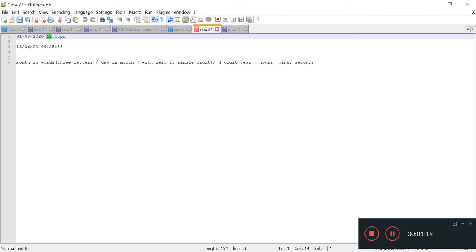The second format is 13, which is the day, /06 which is the month, and 20 which is the year, 09 is the hours, 25 is the minute, and 55 is the second. So friends, these are the input date formats that we are trying to convert to the required output date format.